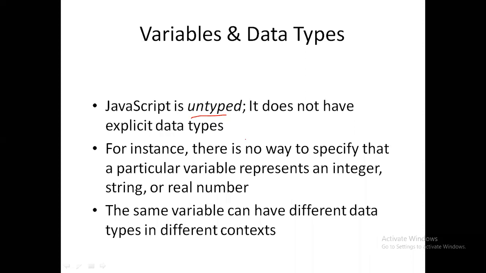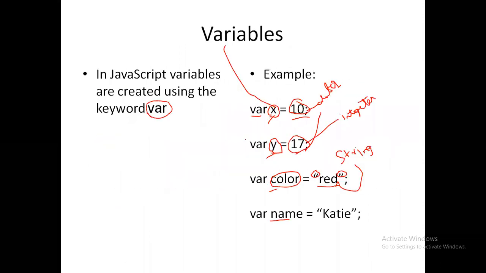So depending upon the value I give, when I'm giving values like this, automatically it will be treated as a character. When I'm giving numbers, it will be treated as an integer. So we don't have any specific type. For all we are using only something called var. But if you take the C language, C++, or Java, or any language, for each and every type, if it is a number, I have to specifically say there is a data type called integer.